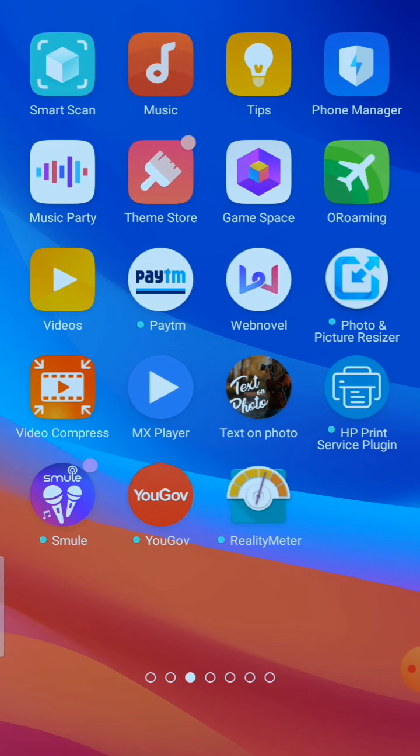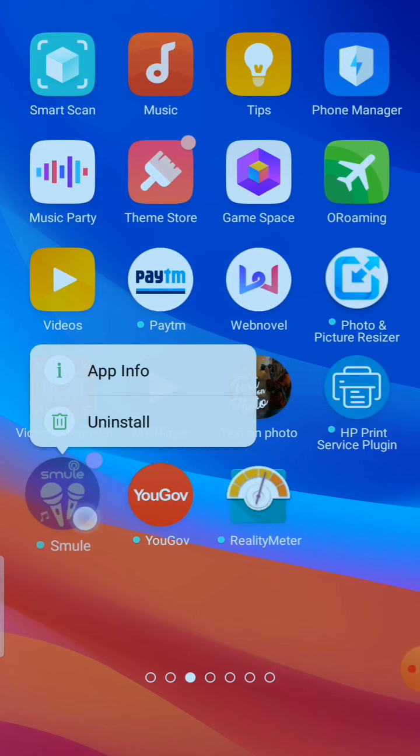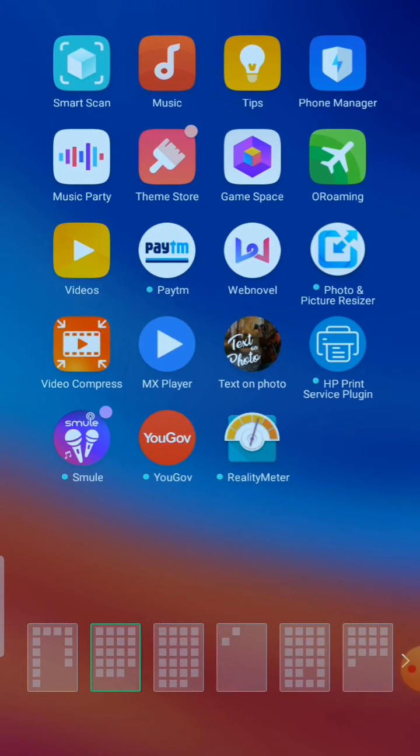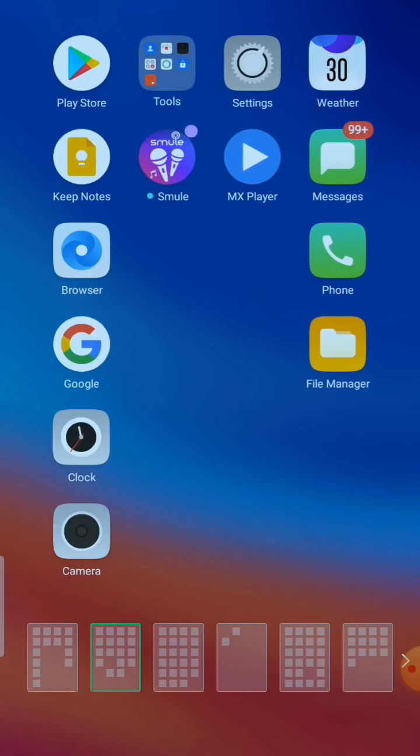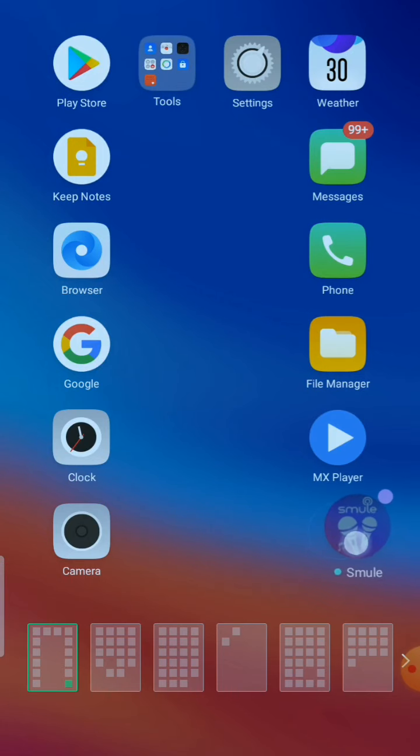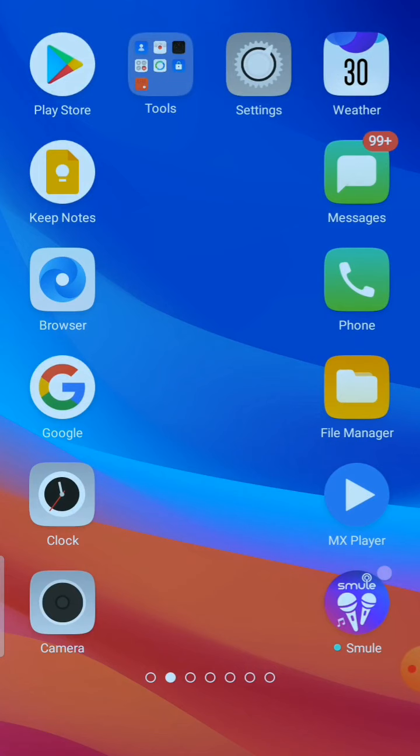To complete that, I am taking two icons from here. Okay, so let's see, this is going to look very pretty. So now this is my home screen, it is looking like this.